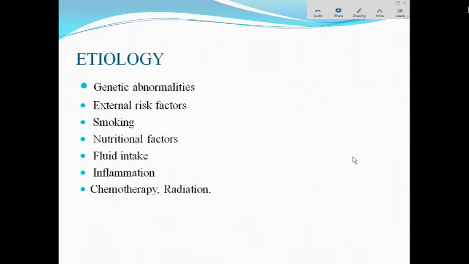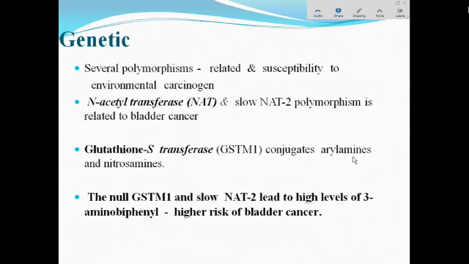These are very important causes of carcinoma bladder. And then chemotherapy and radiation, as in all cases, can lead to malignancy. So genetic,